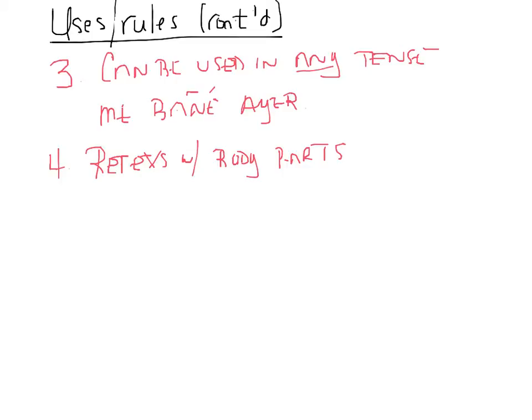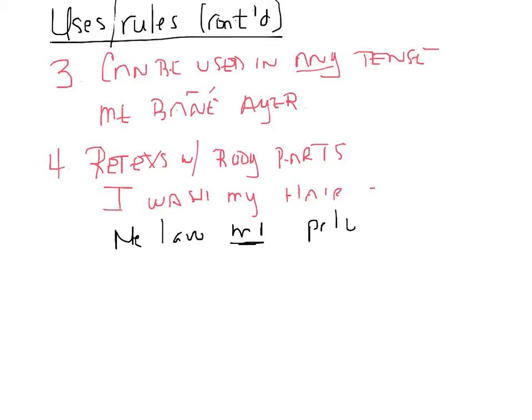When we do that, for instance, if we want to say that I wash my hair, if we were to do a direct translation of the sentence from English to Spanish, it would look something like this. Me lavo mi pelo. However, in Spanish, instead of this possessive, we're going to use the definite article. So the actual correct translation of this is me lavo el